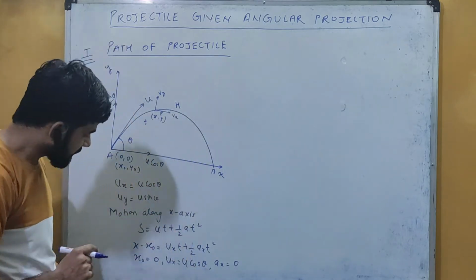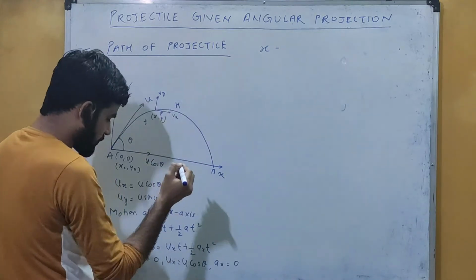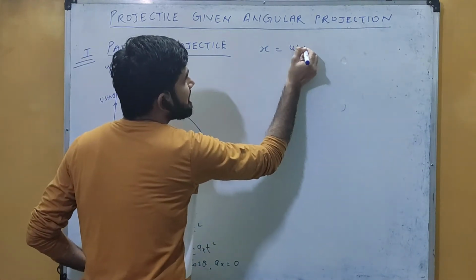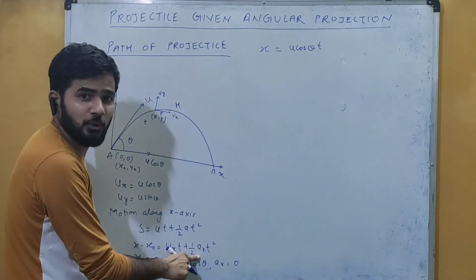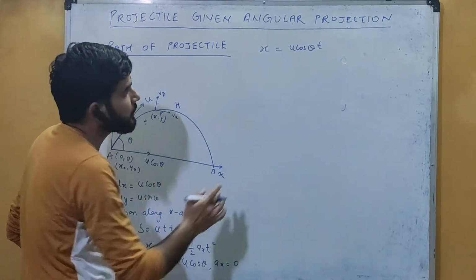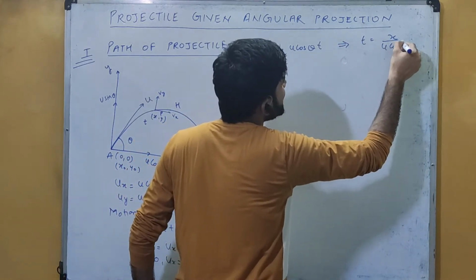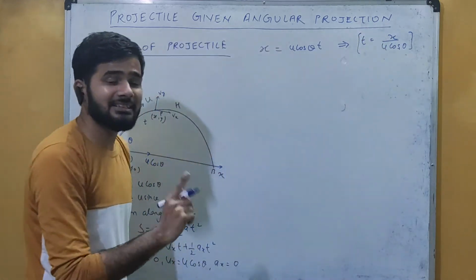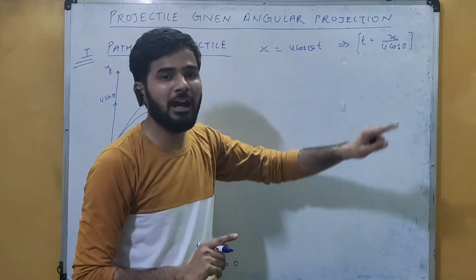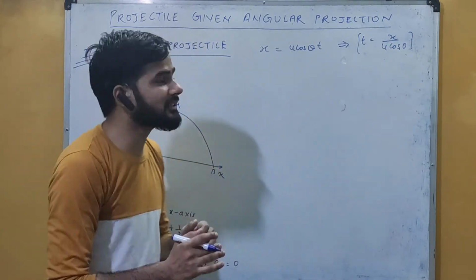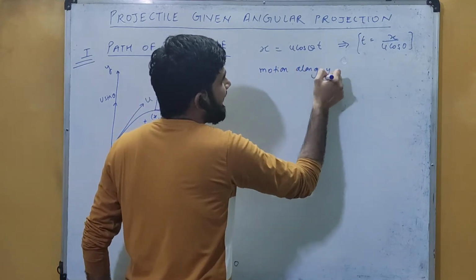because it is moving under the effect of gravity. Okay, so now I will put all these values in this equation, and I will write x equals u cos theta into time t plus, if ax equals 0, then that completely will be equal to 0. So from here I can write t equals x by u cos theta. That means the time t in which the object reaches from point A to P is x by u cos theta. Now we will consider the motion along y-axis.